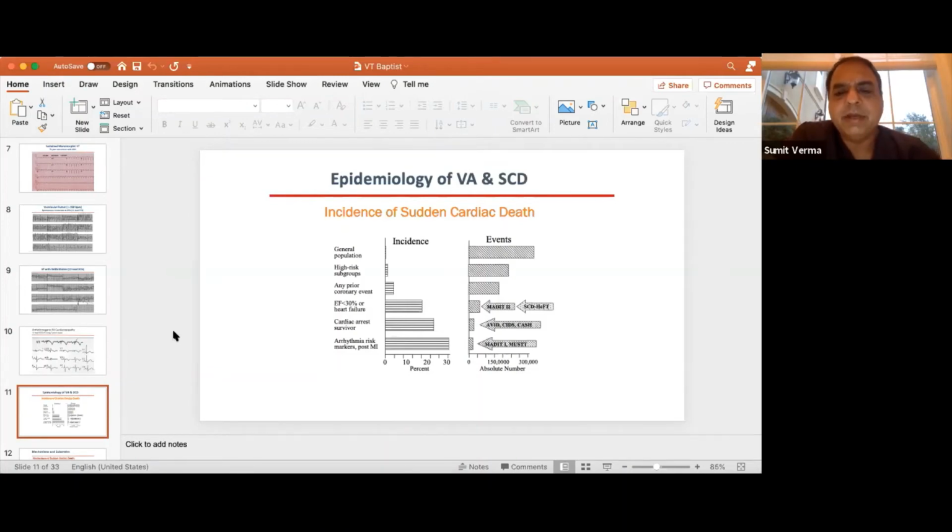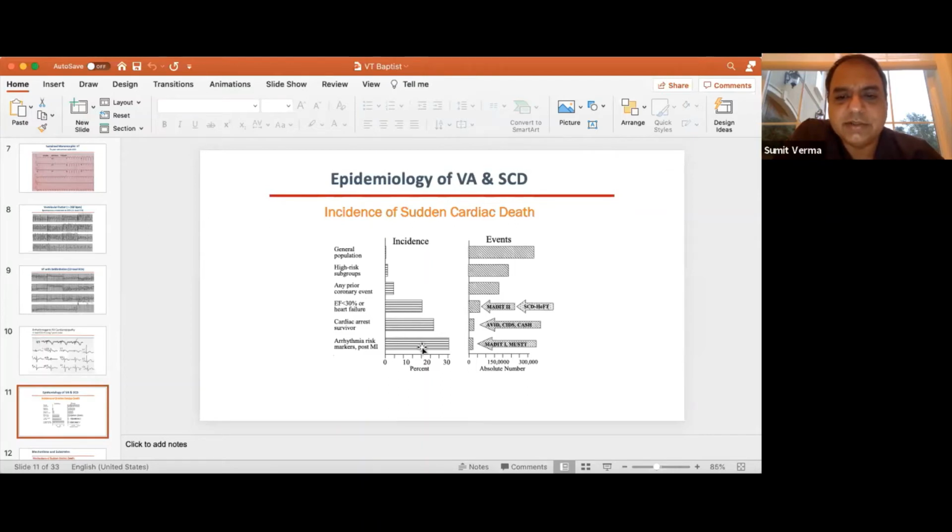So as far as the epidemiology of sudden death and ventricular arrhythmias is concerned, the patients we most worry about, the ones you see in the EP lab, generally are these patients at the bottom. So these are patients who are very sick. They have arrhythmias, post-MI patients. They're cardiac arrest survivors, EF less than 30%. And the incidence in those groups, so if there were 100 of those patients, you might be looking at 5 or 10 of them having these arrhythmias. So there is a